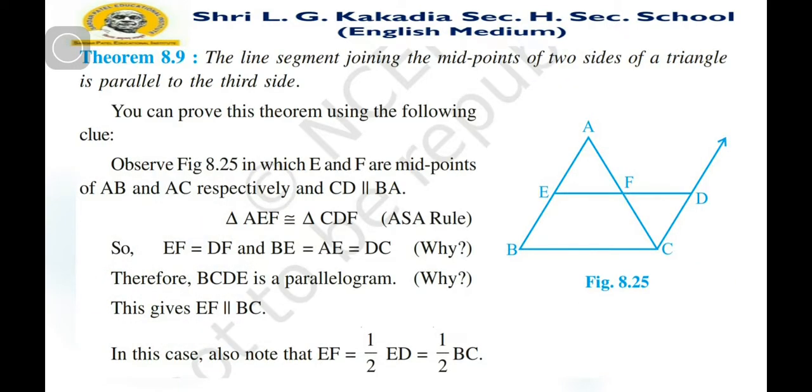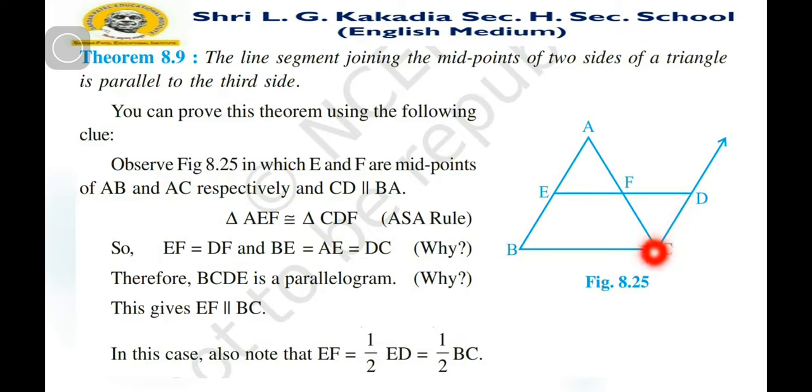So this is the midpoint theorem that we are going to prove here. Theorem 8.9: the line segment joining the midpoints E and F of two sides of a triangle is parallel to the third side. You can prove this theorem using the following clue. For that, let me draw